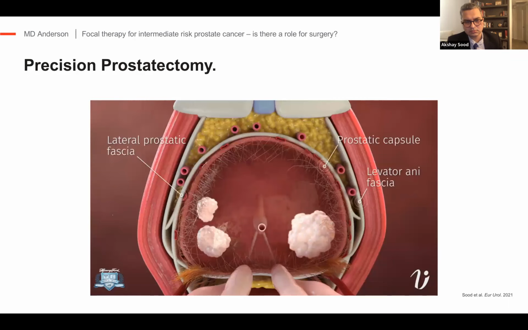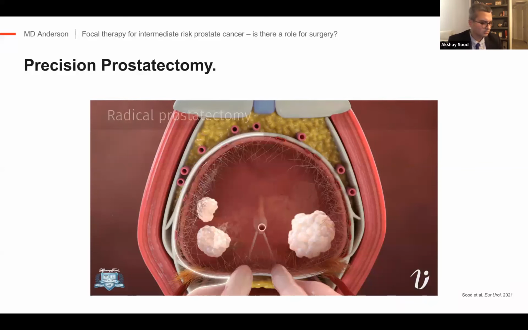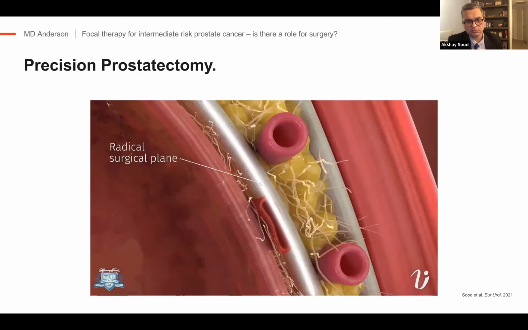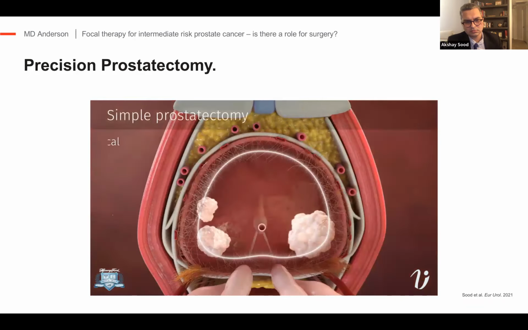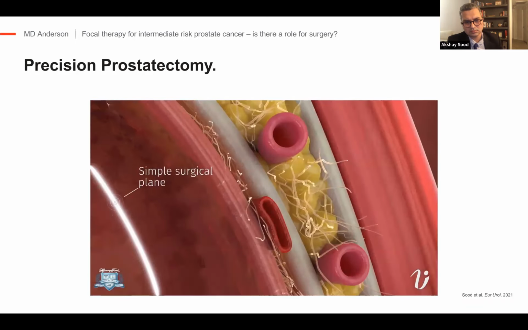A significant proportion of nerves are invested close to the prostatic capsule and the Denonvilliers fascia, and are thus damaged during a radical prostatectomy. It is important to differentiate between the surgical planes for radical, simple, and precision prostatectomies. A radical approach removes the prostate with its capsule and periprostatic tissue to the level of the lateral prostatic fascia. The goal of a simple prostatectomy is to remove the adenoma that is mostly confined to the transitional zone, while the peripheral zone is mostly left intact and thus protecting erectogenic nerves on both sides.